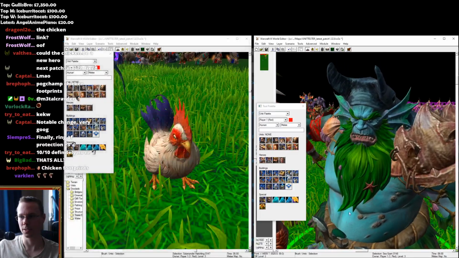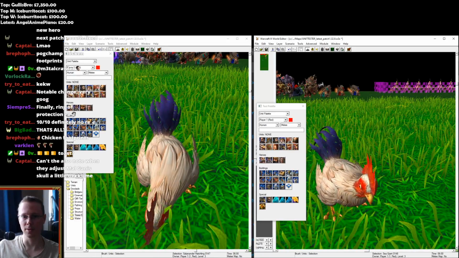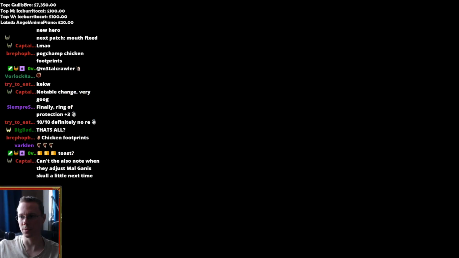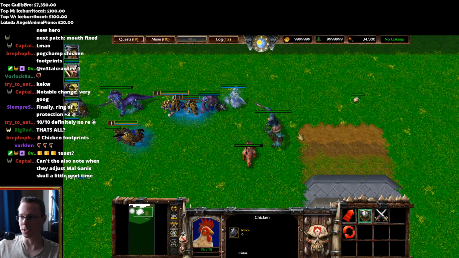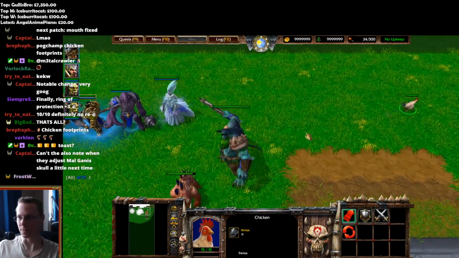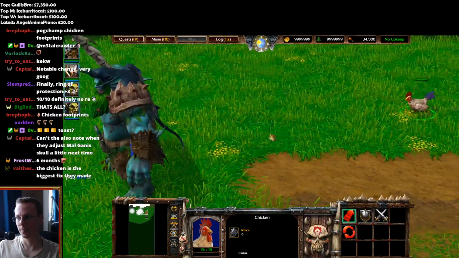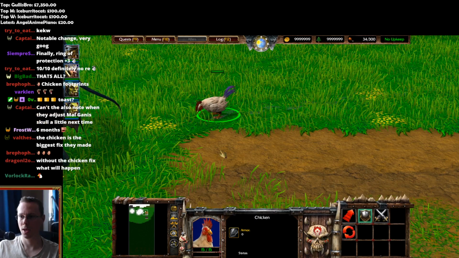There's a good looking chicken. Here's the other one. But now, let's take into account just how important this change really is. I need you to pay a lot of attention here. Okay? This is my chicken. I'm going to move it through the different tile sets so you can just witness...